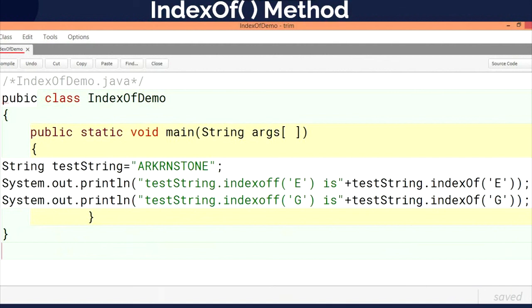You can see here ARK E. The position of e is 9. And the next one is test string dot indexOf g. We don't have any g in the string, so automatically the compiler will understand and it will return negative, that is -1. Let us see the output.